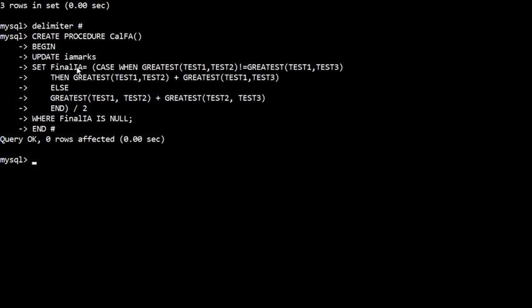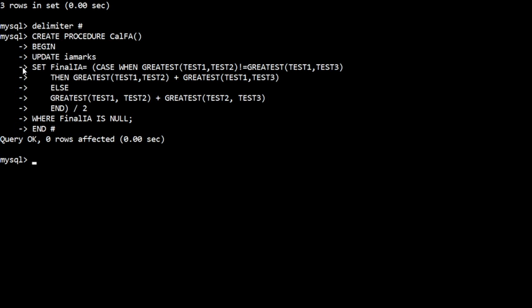We need to calculate the average of the best two test marks, and after finding it we need to update the IA marks table, where the attribute final IA must be assigned the average of the best two test marks. That logic we have to write in the procedure.